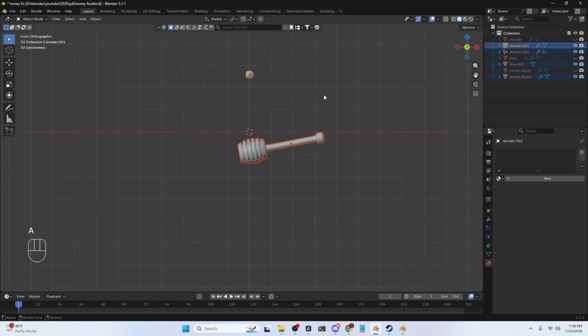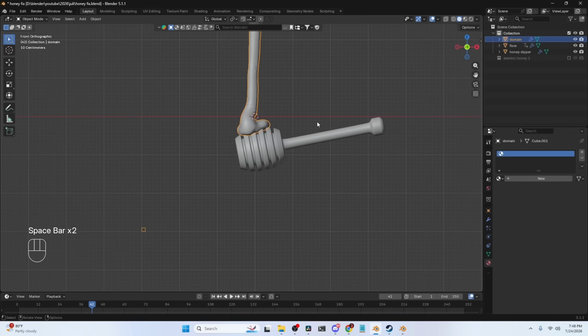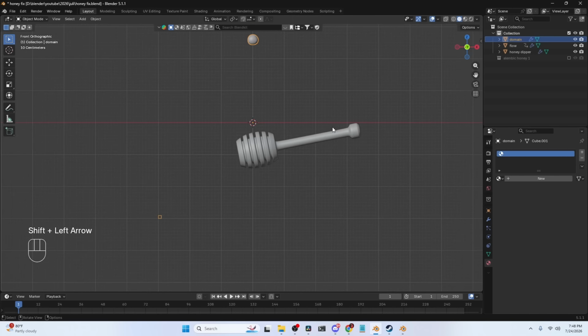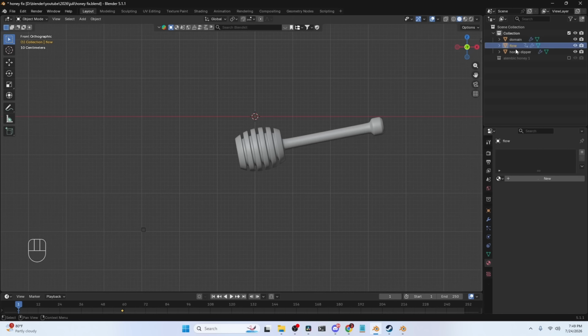You can press A to select everything, M, new collection, name this one alembic honey 1. Then you can hide it. Let's bring back the others, the first one here, the fluid simulation. Then we can try another. Don't forget to save your project or make another project if you want to, because I'm going to delete our